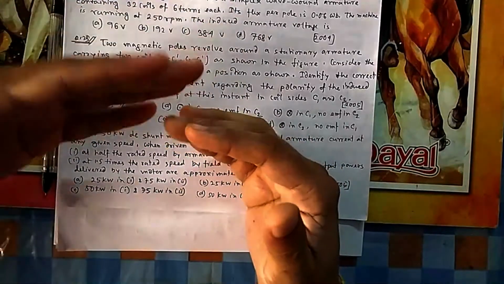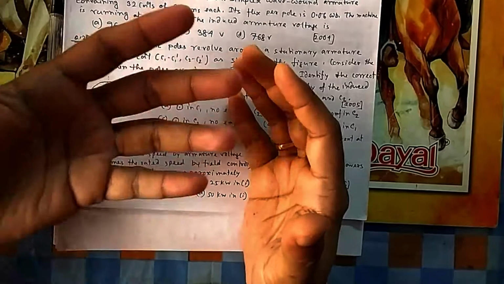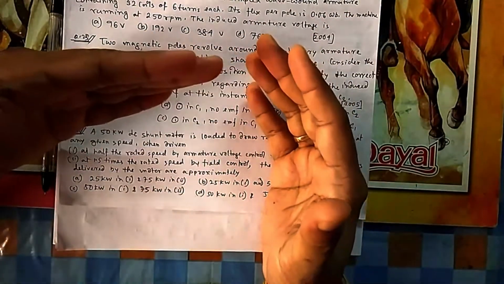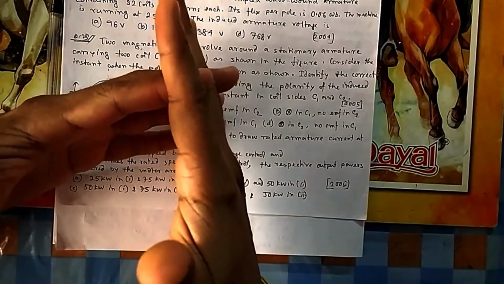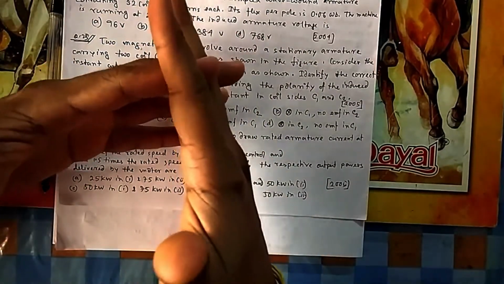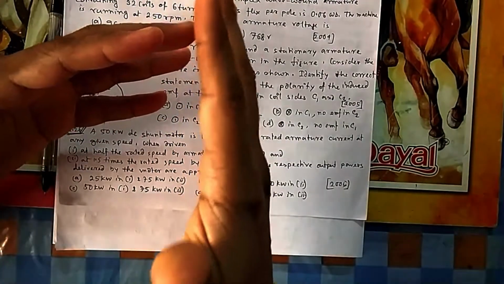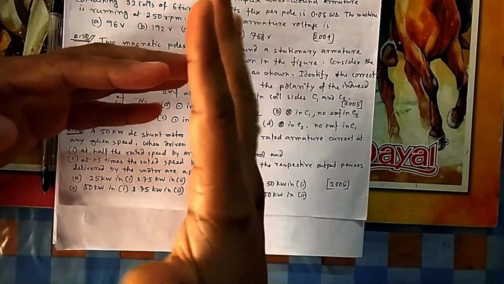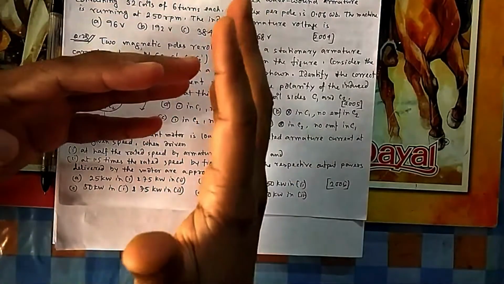So actually how is the EMF induced? This is the flux cut per unit, the rate of change of flux linkage. So if your magnetic field is like this and you are at 90 degree, you can see all the flux are cutting here, but it is the rate of change of flux linkage. Means if you change your position, suppose this is coil, this is my magnetic field. So this is my coil. Suppose we always think that coil is moving, but here it is different. We will think that later.